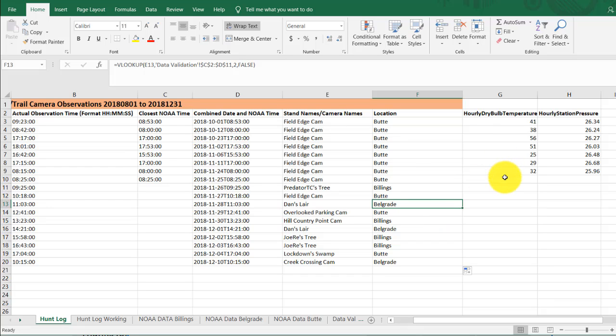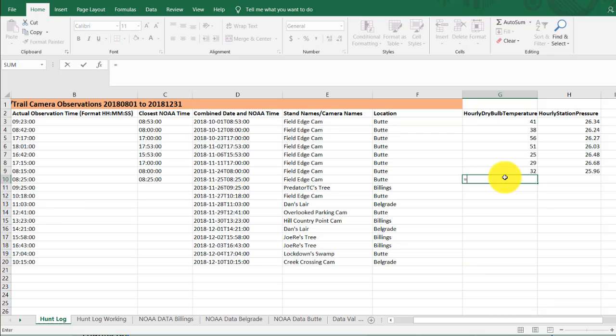So to understand how this works, first I'm going to show you the if formula and give you a real simple example. So all formulas start with equals, so equals if, open the parentheses. And here we have a logical test, and we're going to test a cell to see if it meets a condition. So in this case, we want to test our location cells. So for this specific example, we want to test the cell adjacent to our dry bulb temperature. So we want to test cell F10 in this example, which says Butte, and we want to see if that is equal to